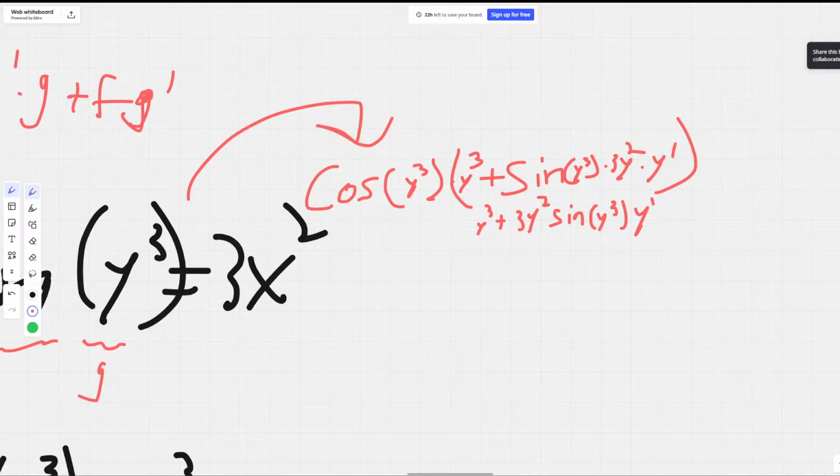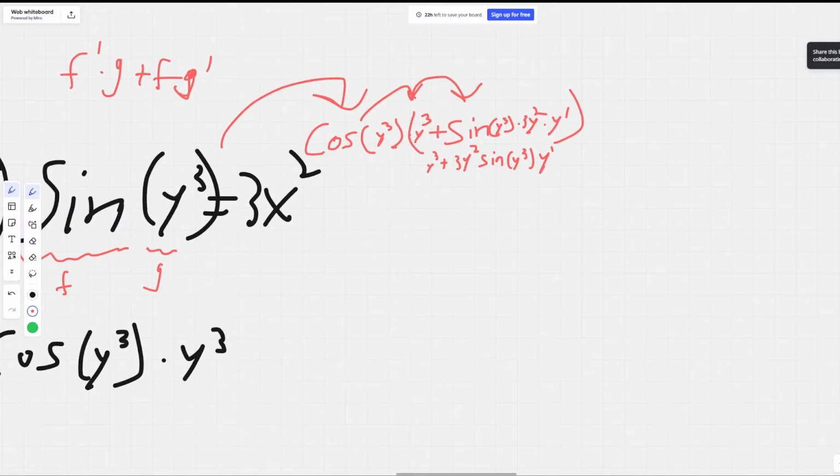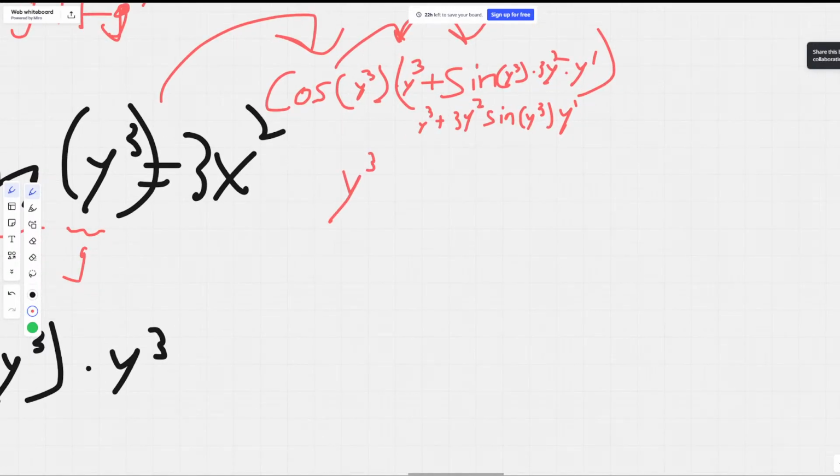I did that. I then put this in here. Created the last one. That would equal y cubed